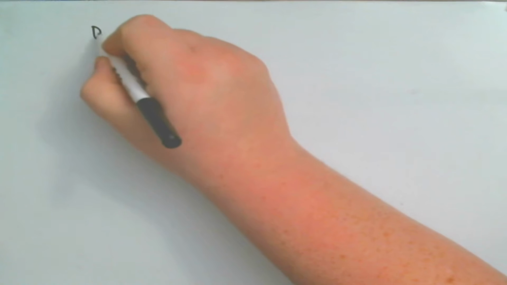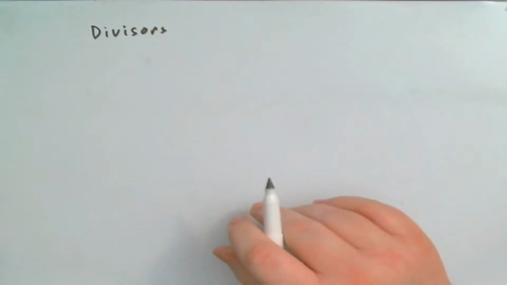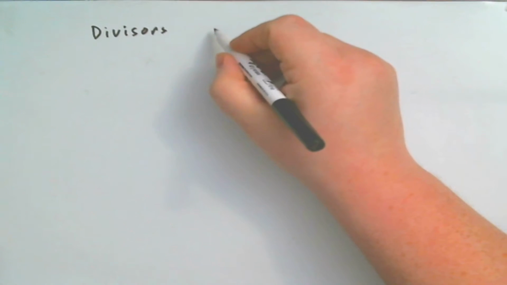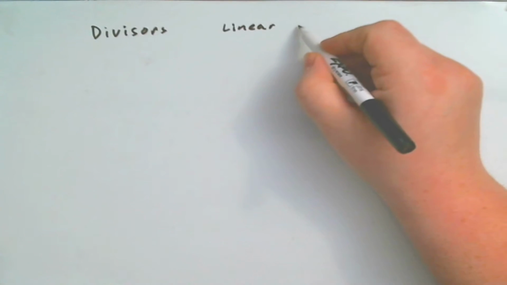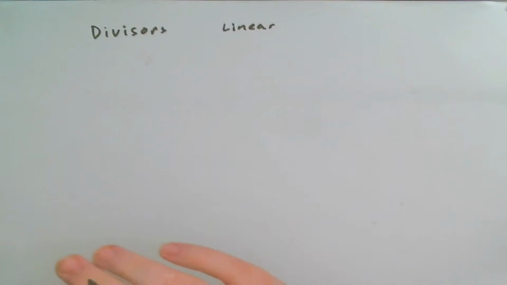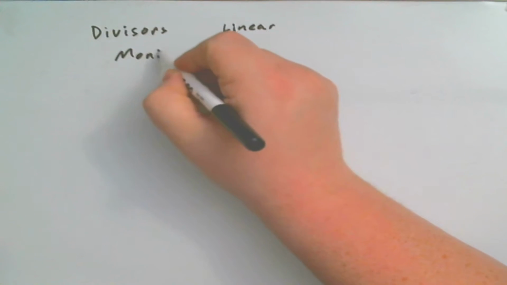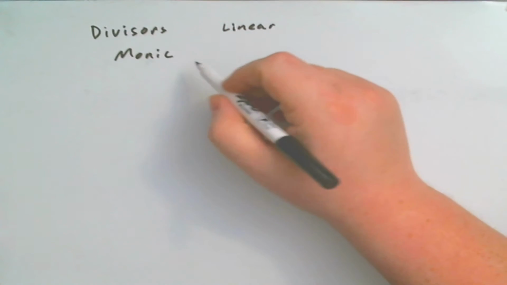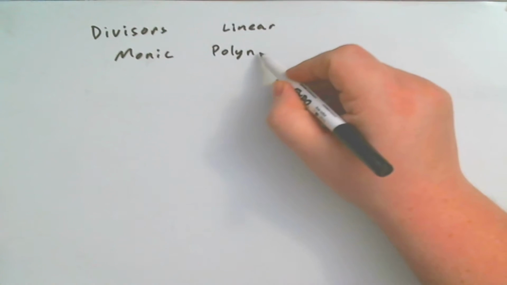So the types of synthetic division we're going to be dealing with today are with divisors that are linear. Divisors are the denominator of our division problem, and we're dealing with the linear case. Now there are two types. The usual type that you see in most textbooks and encounter in class are called monic linear polynomials. And monic polynomials are simply polynomials